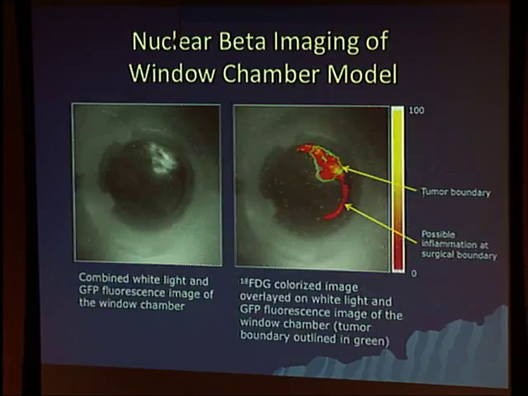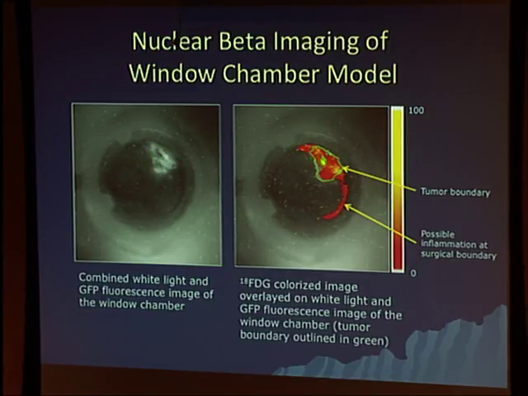And what you get out is this: the red is the color code for the FDG signal that we got in this low light level camera. We can open up the box door a little bit and just see the whole visualization of this thing. We can put a little bit of green laser light on this and make it fluorescent. So this is a co-registered image of where the tumor is in GFP, and then this is the overlaid FDG image, and you can see a very good correlation between the uptake of the glucose and where the tumor is. You also see this other signal coming out here and extending out a little bit.